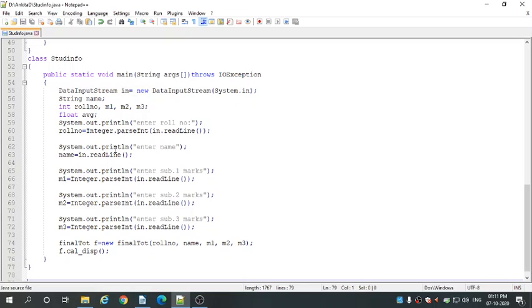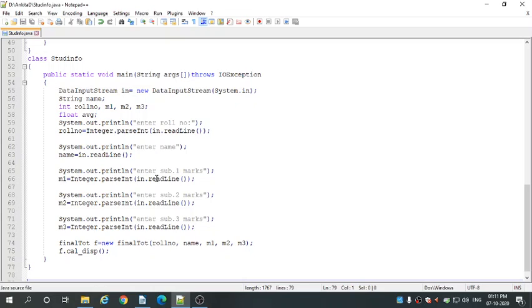Also System.out.println enter name. After that, it will ask you to enter name. We are reading the name value, that is name equal to in.readLine. It is already a string type, so here there is no need for type conversion. Then comes System.out.println enter subject 1 marks.